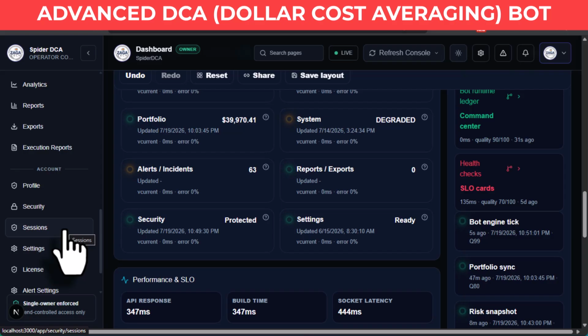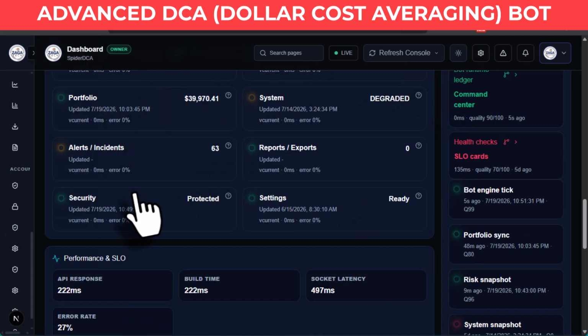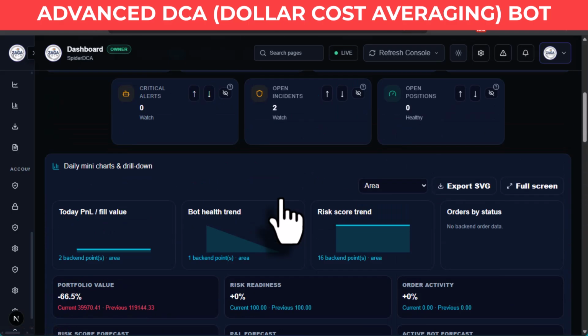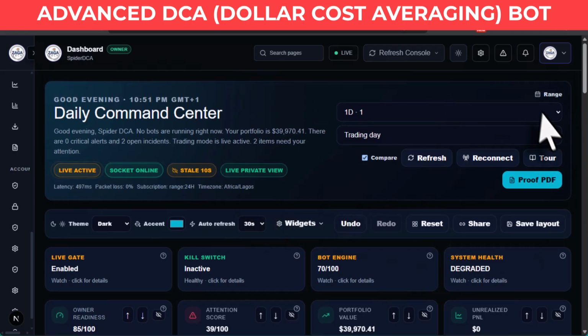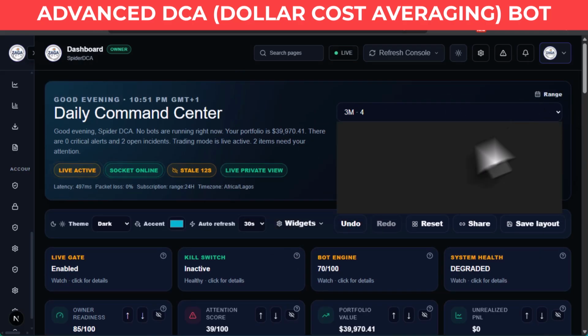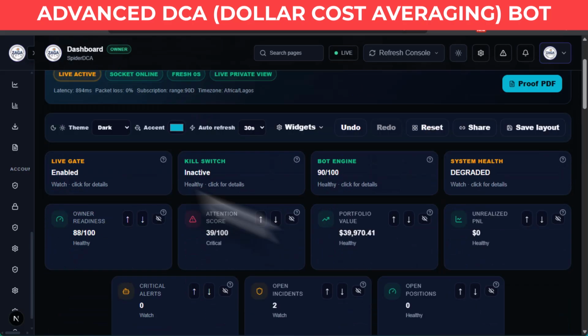You understand? It's a different software on its own, but this one here is advanced DCA. We still have something like this advanced grid. We still have something like this quantitative trading, and a few other little bots there. Right? So this is how the dashboard looks like. You can switch to day 1, you can switch to 3 months, and see the functionalities of everything you can